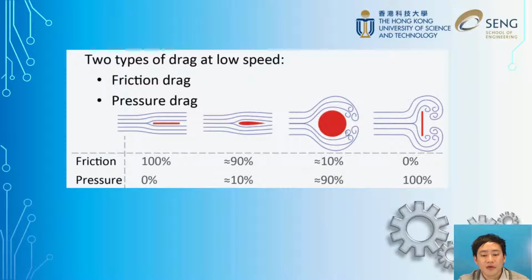If you have a very bulky circular shape airship, then the pressure drag will be very large. It can be as large as 90%. So if you want to reduce that pressure drag, you always want to try to think about